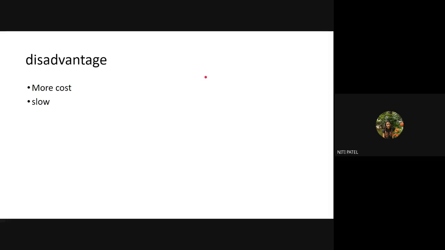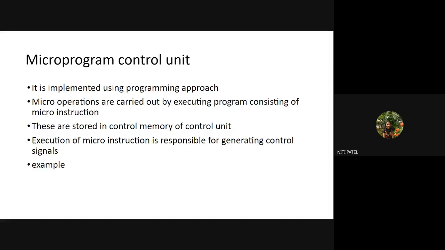Whereas here you have to code for everything. If this operation has to be performed, and this signal is generated, then when I do the coding, I should see to it that for this signal I write the name of this control signal only. So I have to do all these things in the form of coding. Therefore, it becomes much slower, and your cost also keeps on increasing. So that is a disadvantage of using a microprogram control unit. Okay. Now, there is one type of microprogram implementation called Wilkes control. Just as we have state table and delay element for hardwired, we have Wilkes program for our microprogram control unit. I'll just share that. 1 minute.